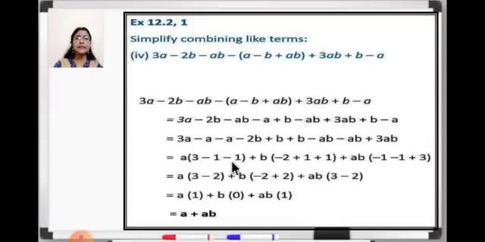You will get 3 minus 1 minus 1 will become 1, and then here plus b(minus 2 plus 2), and then here plus ab(3 minus 2 or minus 2 plus 3). You can write it either way, but when you work it out, you should get the same answer. Now 3 minus 2 is 1, minus 2 plus 2 will become 0, they will be cut, and then 3 minus 2 is 1. And then at the end you will rearrange it. A1 means A we will write, and then we have no need to write the b term because 0 is there as coefficient, and then AB. So the answer is A plus AB.